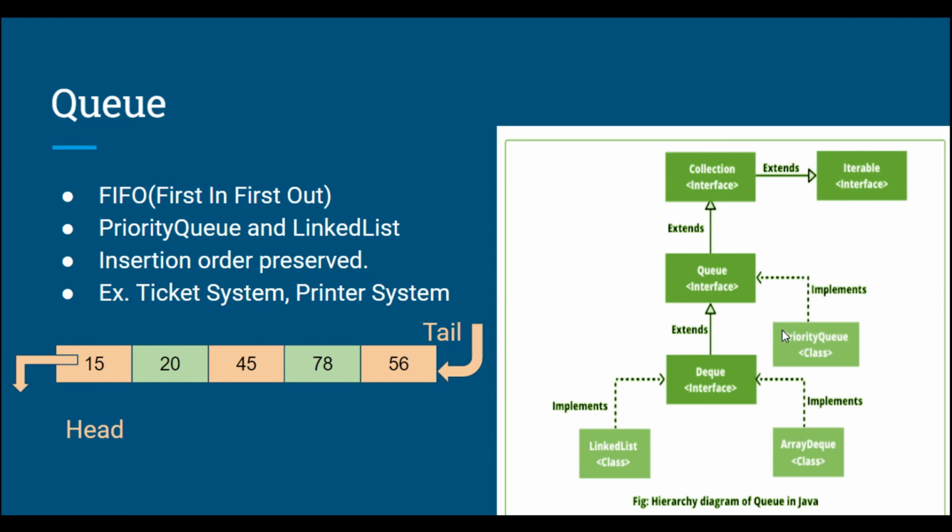PriorityQueue is another class, and LinkedList is another class that implements the Deque interface. There are different methods that are present in the LinkedList through the Deque interface, but that are not present in the PriorityQueue class. That's why we have to implement one interface. And Deque has two classes, like LinkedList and ArrayDeque. In this ArrayDeque there is an exception in the array queue,